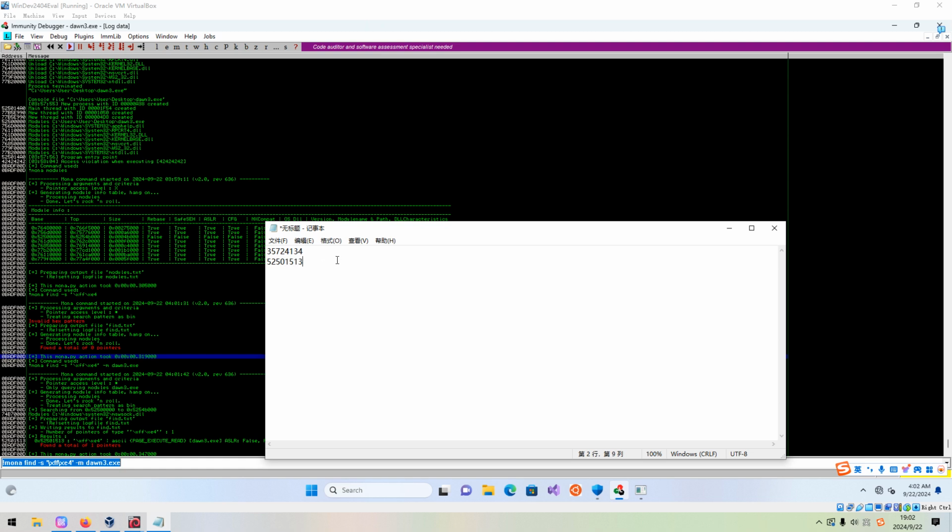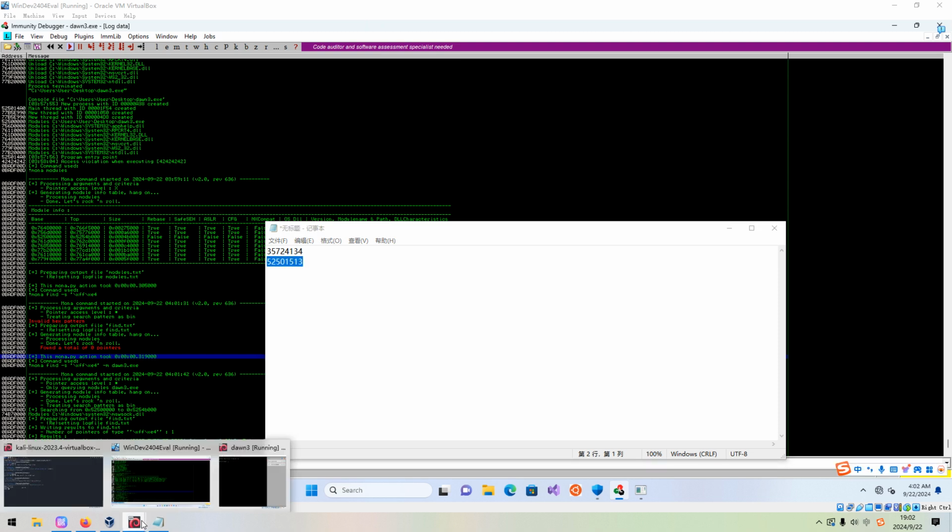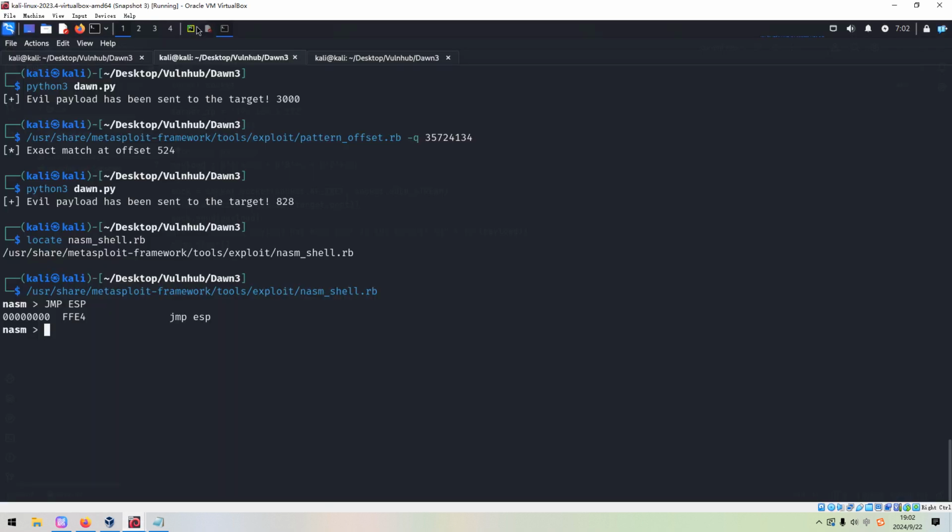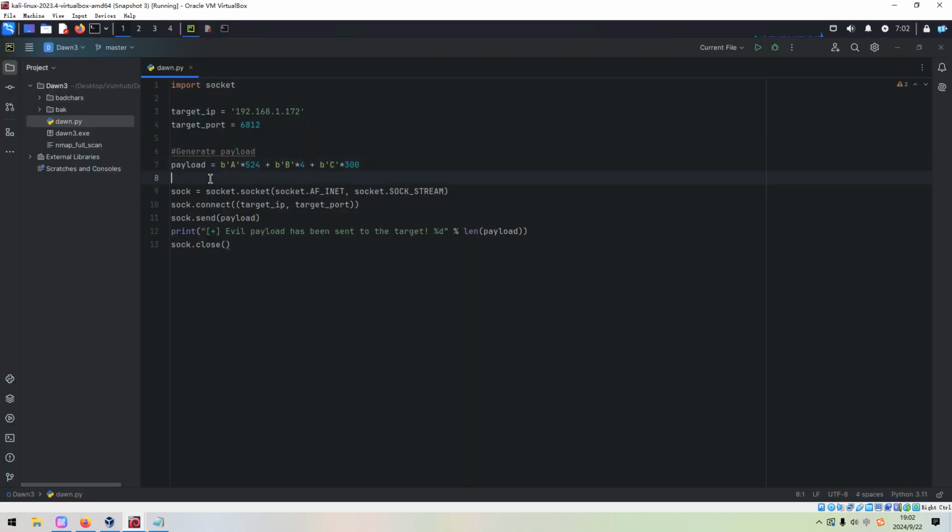Okay, so now I need to double check. Double check 52, 50, 15, 13. Okay, then we can copy. Now we can put this information here. Of course, this address should be converted to Little Endian, or reversed.